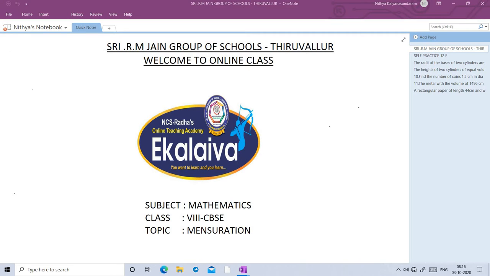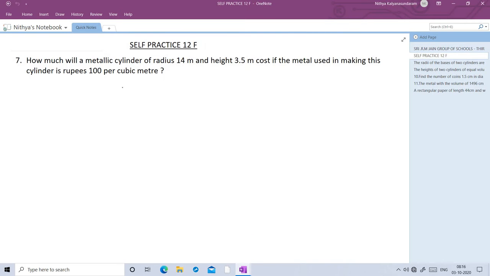Today we are going to see the topic mensuration in this self-practice 12F. First question: how much will a metallic cylinder of radius 14 meter and height 3.5 meter cost if the metal used in making this cylinder is rupees 100 per cubic meter? So we want to find the volume of the metallic cylinder. Then at the same time we need to find how much it costs for making this metallic cylinder, per cubic meter it's 100 rupees. So the height of the cylinder is